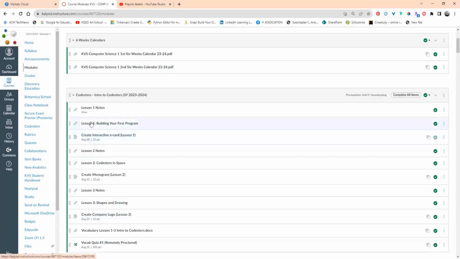So when you do that, you will get to the interactive e-card, and there will be a handout that goes in your Google Drive for you to fill out and then submit into the assignment. And I put a little bit more direction in that in the tutorials that I held earlier today.